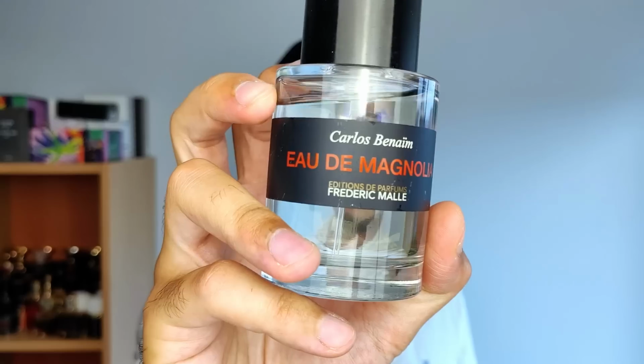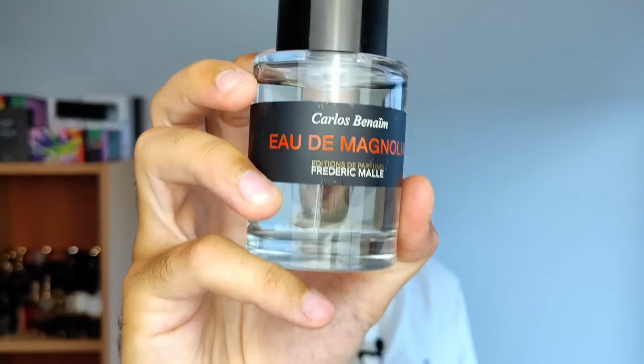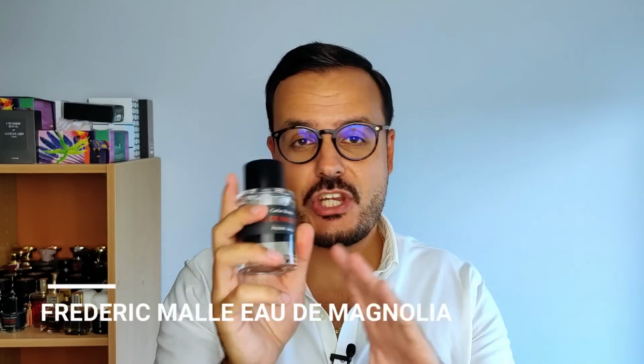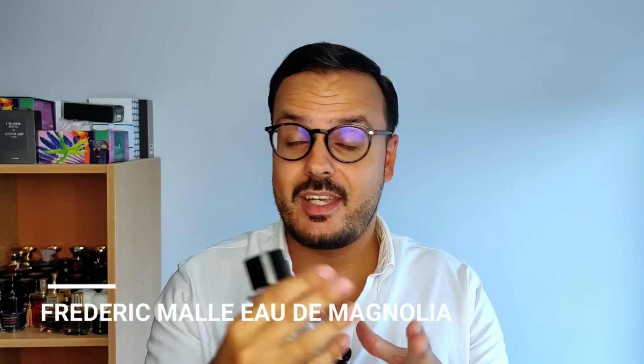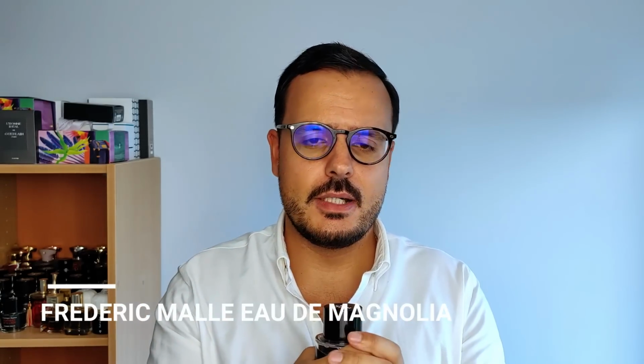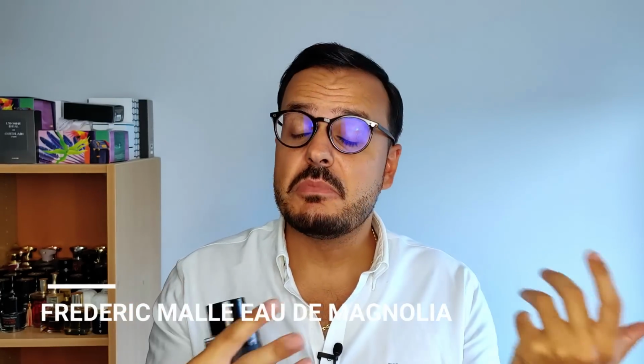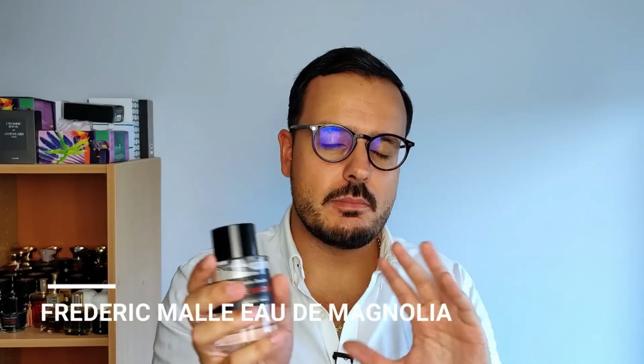The next fragrance, this is from House of Frederic Malle, and it is Eau de Magnolia. So damn good and so unique and very slept on. This is overshadowed by Bigarade Concentré, which I also absolutely love, maybe Cologne Indélébile, maybe L'Eau d'Hiver. I think this is a bit overshadowed, but especially by Bigarade Concentré, which for me,